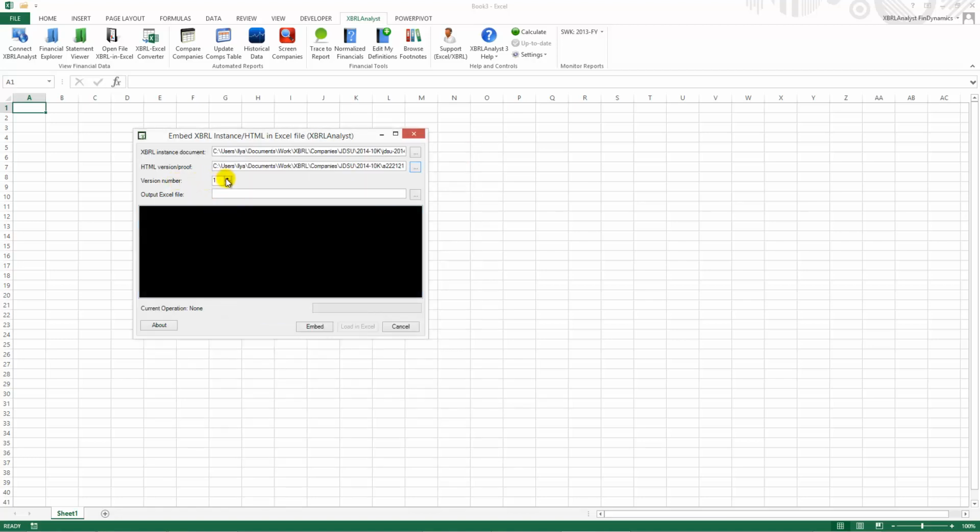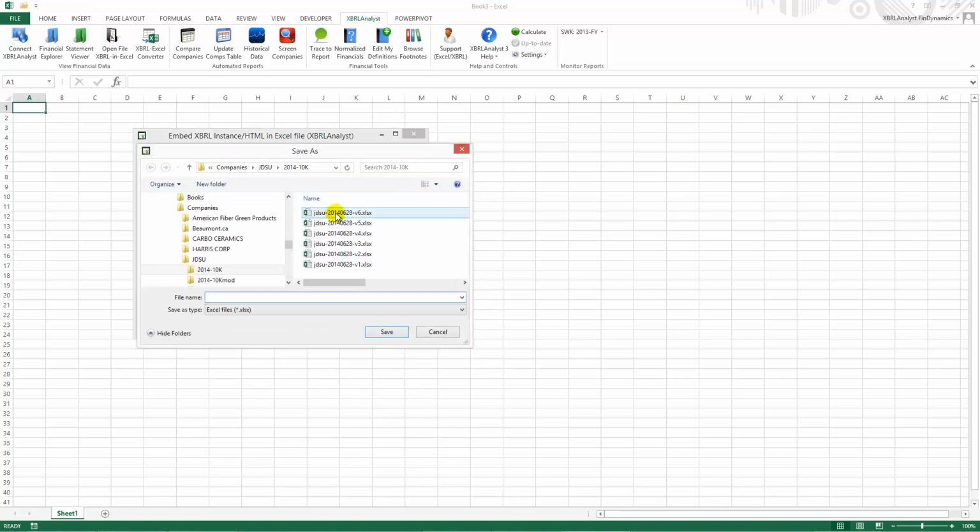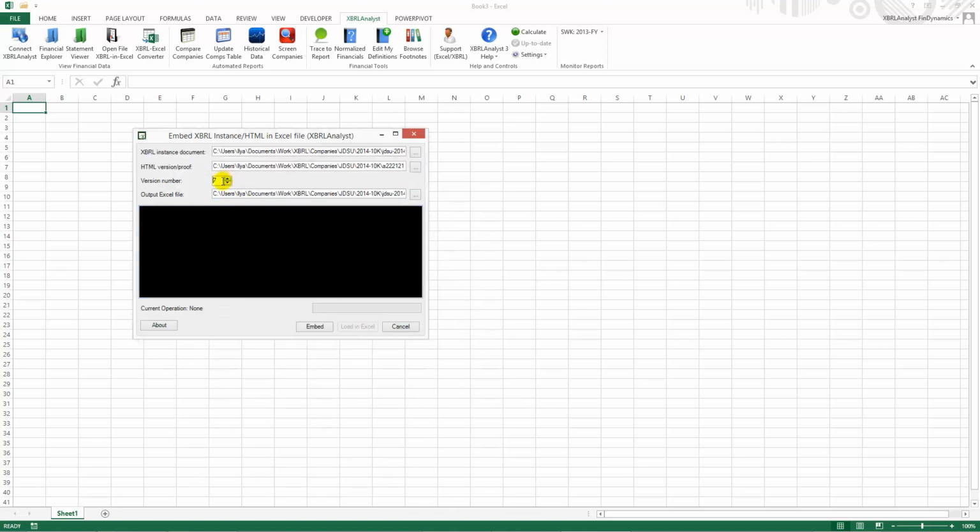You can select version number, and you can define some output file. For example, you can set this number 7, and we'll set number 7 as the version number. These numbers could be different. You hit embed,